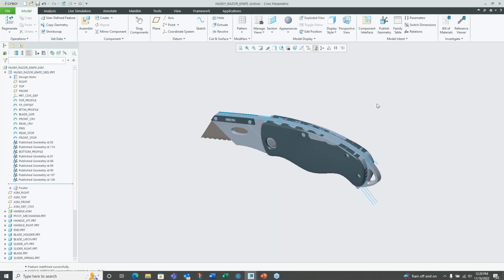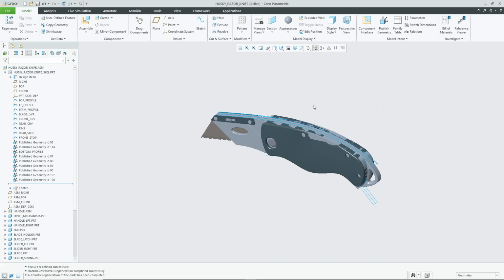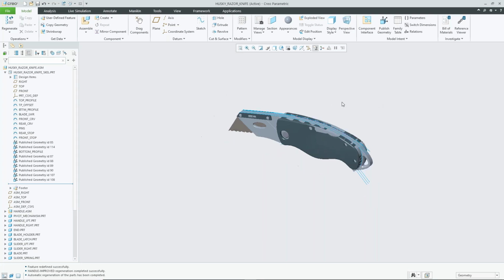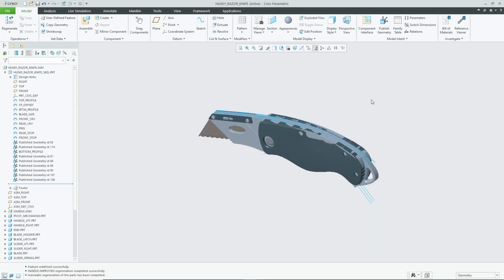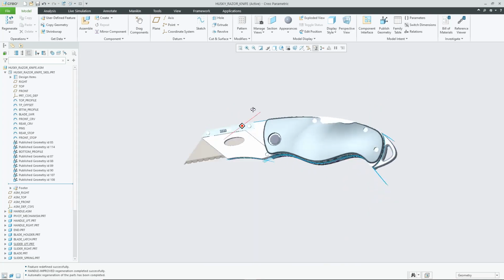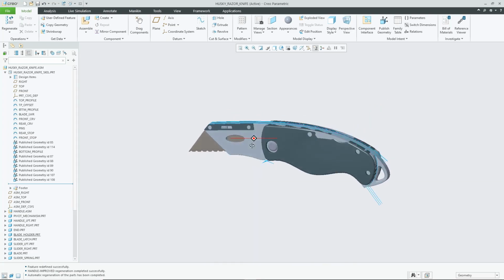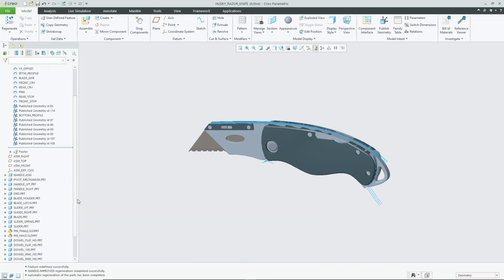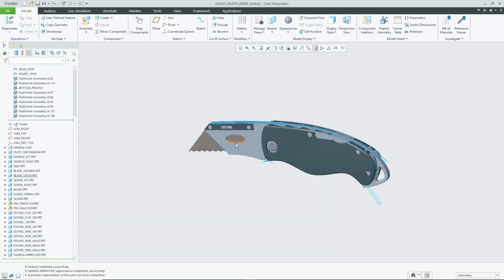So that is the benefit of using top-down design inside of here. There is one other thing. This one is fine, but just for fun, this is a knife that usually collapses. We don't have that functionality in here just yet. So if I come over here and I select on, I think it's the holder, yep, the holder, and I do an edit definition on it,